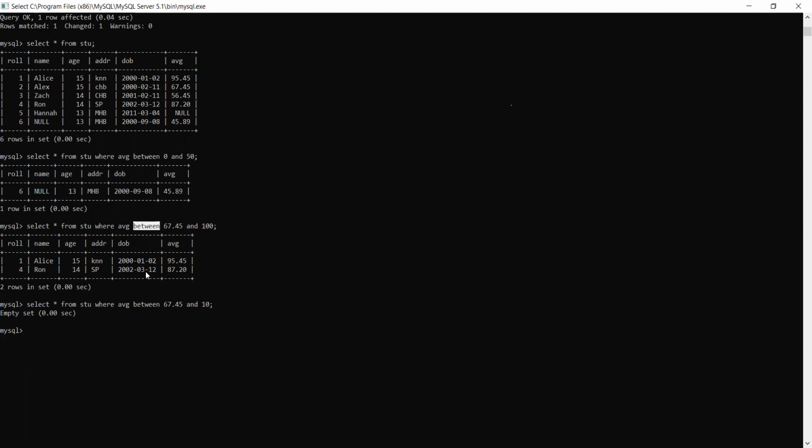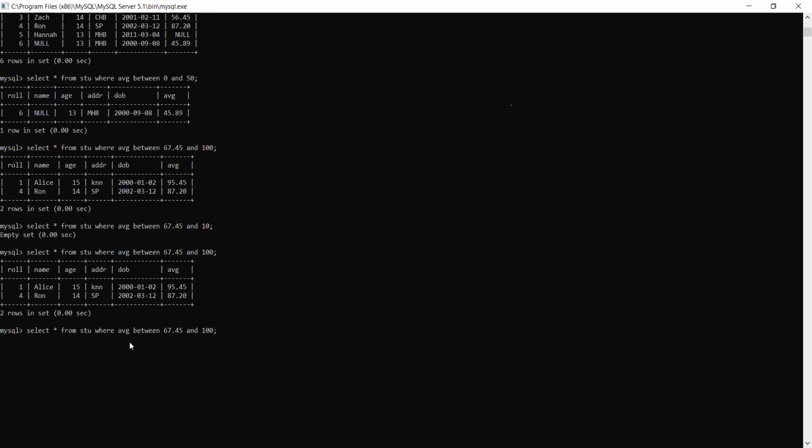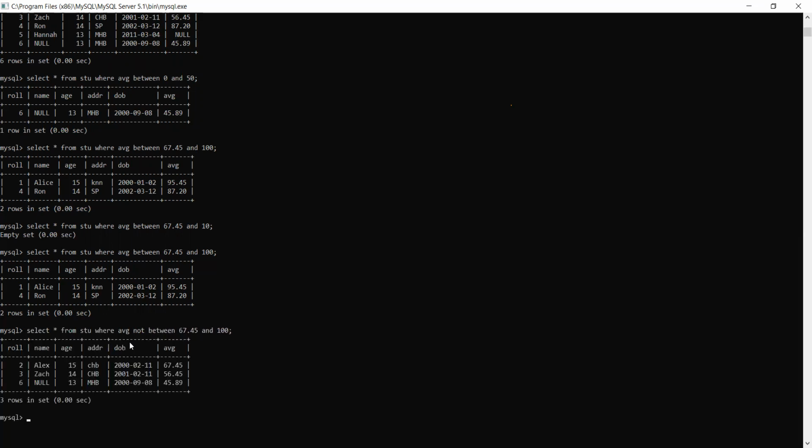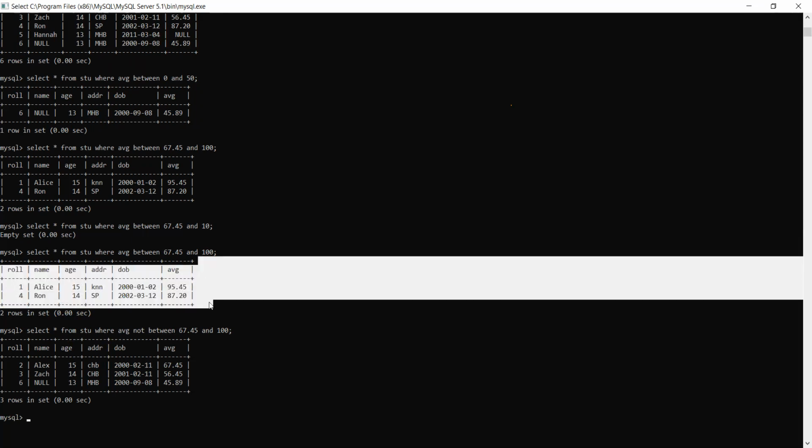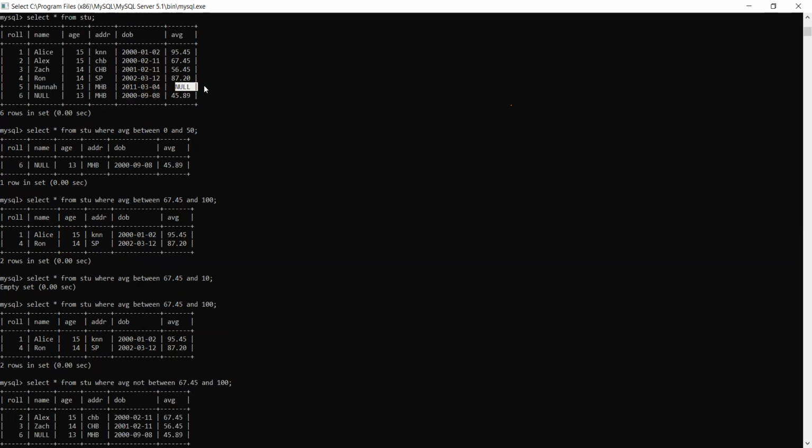Then, when you are writing between, you can use the reverse of it. For example, this one we have checked, it is giving me 2 records. Same information I am writing, but with not between. Before between you can write not, and you will just get the reverse of this. One thing you have to observe here: in both cases, the null value has not been shown.